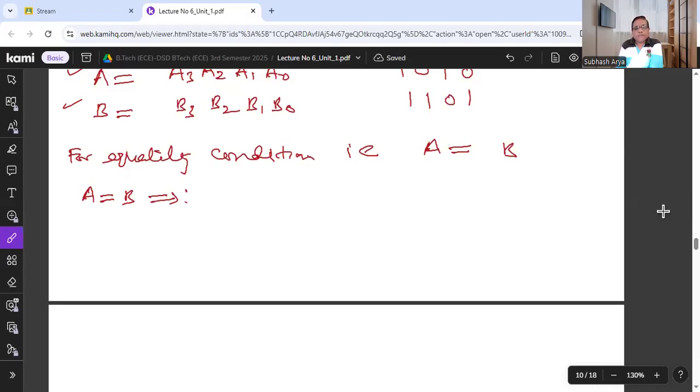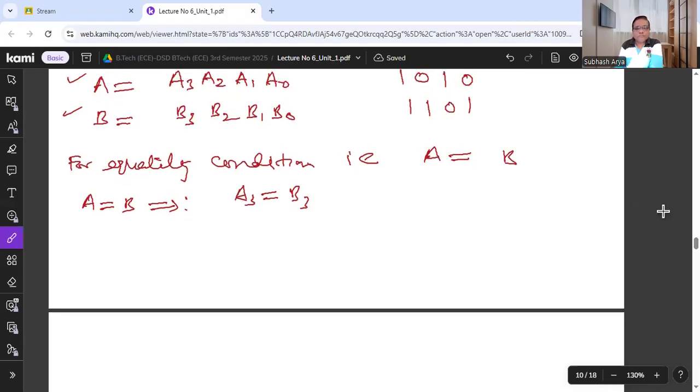if and only if A3 is equal to B3, these most significant bits. Then A2 is equal to B2, A1 is equal to B1, and A0 is equal to B0. It means if A is 1 0 1 0, then B has to be also 1 0 1 0. Then only the equality condition can be satisfied. Each bit, starting from the most significant bit,